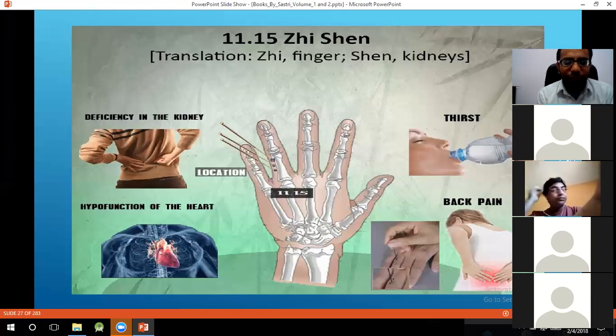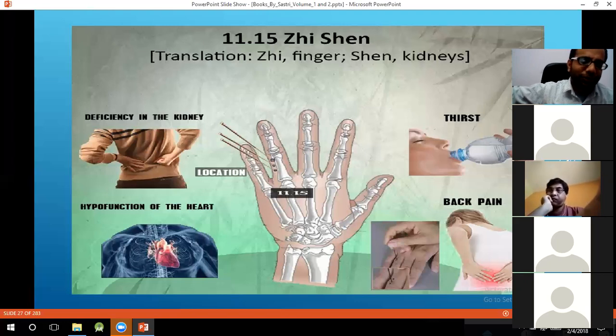So 11.15 is a very good point for low back pain, and for frequent thirstiness, especially in diabetic cases. You feel a lot of thirstiness, and in other cases also, especially when you have a lot of stress. A lot of problems come in the human body because of stress, and then you will see frequency of thirstiness. Drinking water is good, but when you drink frequently because of thirstiness,